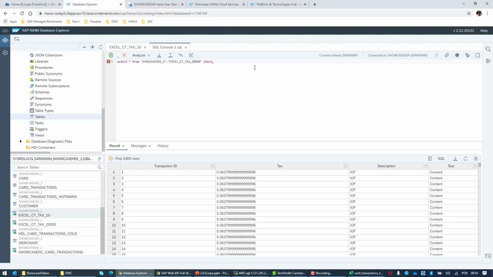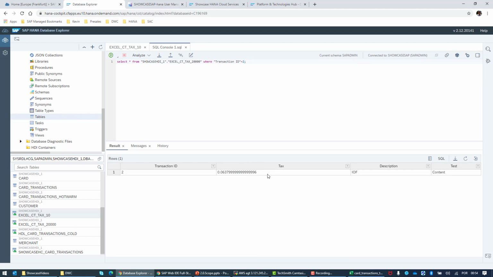Like where transaction ID equals 2, for example. And you see that this where clause will be applied, and you have here only one row. So once you have made this configuration, SAP HANA will see this Excel file as a table, and you